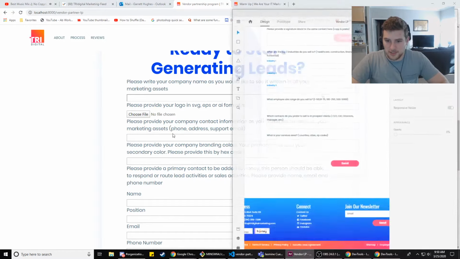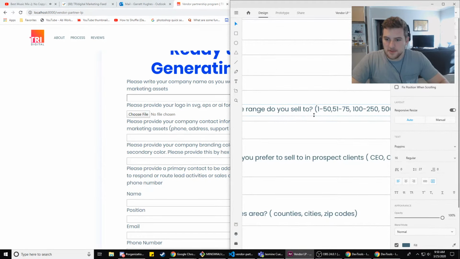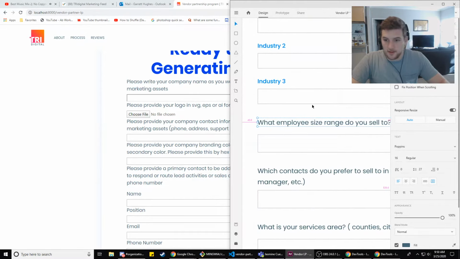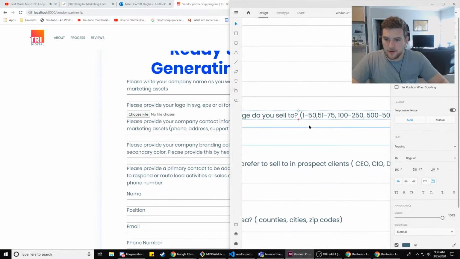All right, so our labels, how much space is between those? They've got like a margin. I need that to be minimized. It's got like 35 margin on top and then 20 margin on bottom. So if we go back in here in vendor CSS, we'll go ahead and save that.